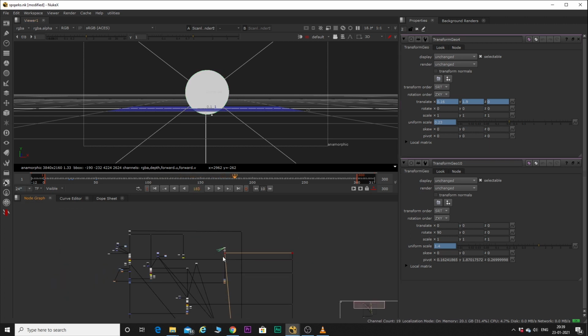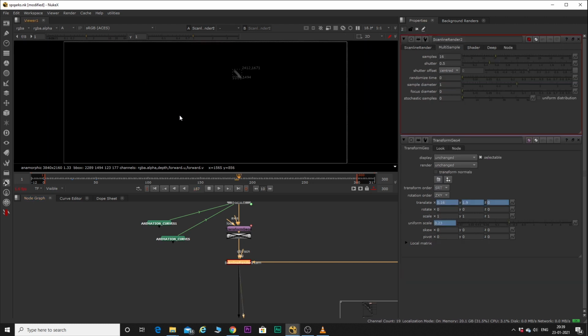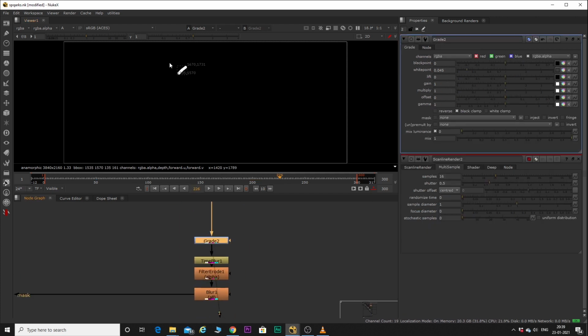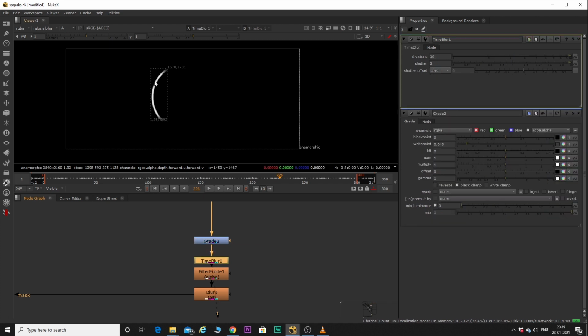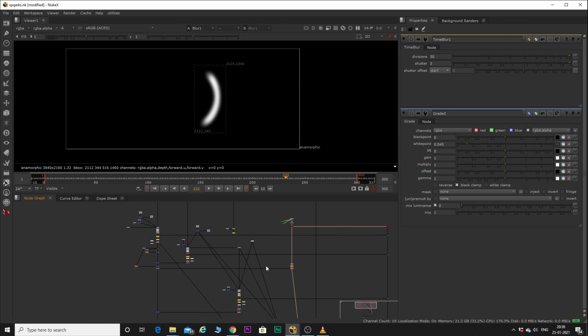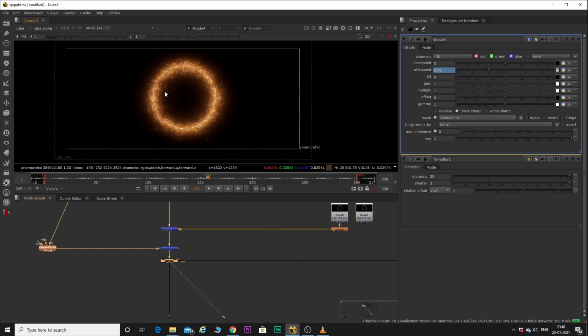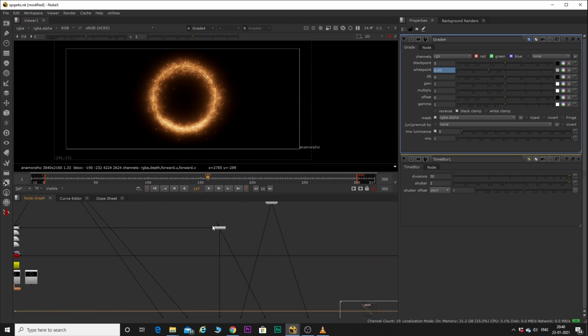So what I've done is I've rendered this out using a scanline render, and this is the alpha, the motion blur. To extend this, I've taken a grade node, I've made it completely opaque, I've added a time blur which will just extend it if we keep our shutter to a higher value. I've added a filter error, a blur, and I've graded it using a grade node like that. If you see, so this is the grade.